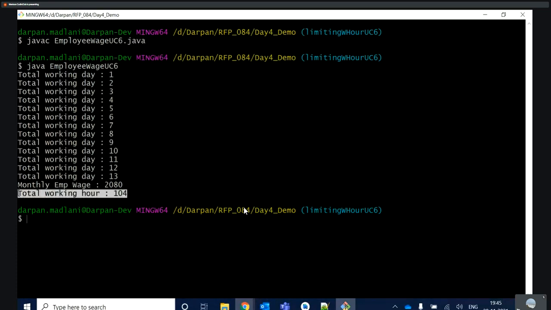This 104R will be added, because let's say every day the employee is present. So 25 into, so 96 will come in this scenario, and it will add the 8 hours after 96.